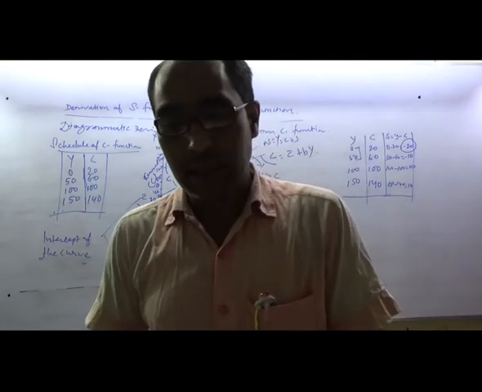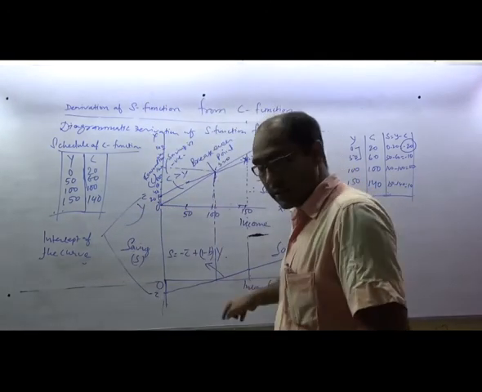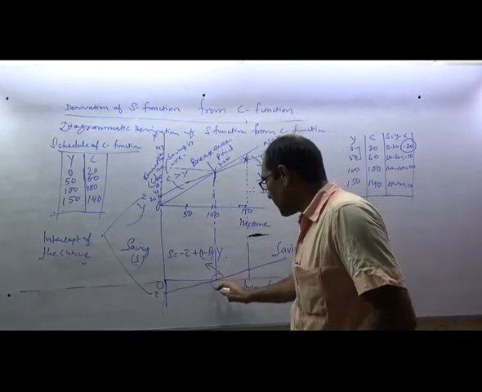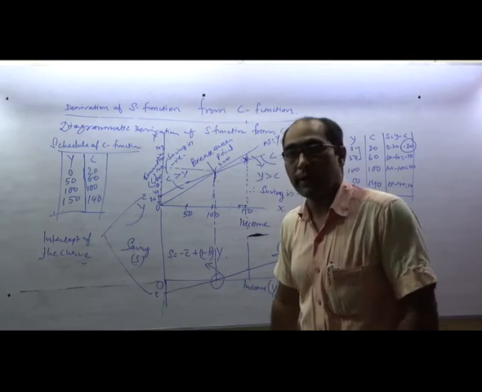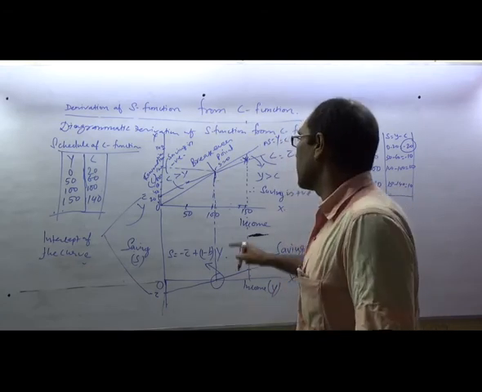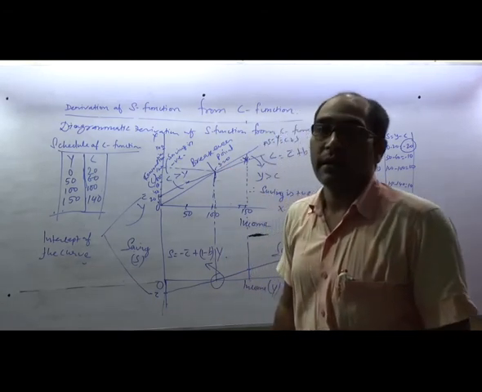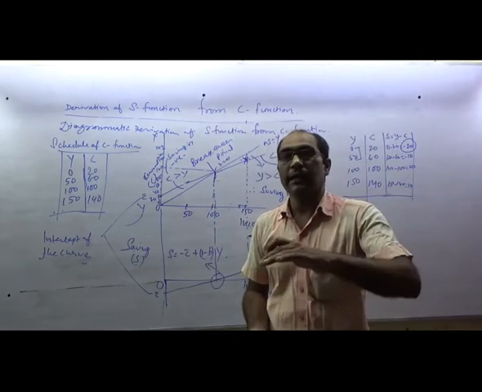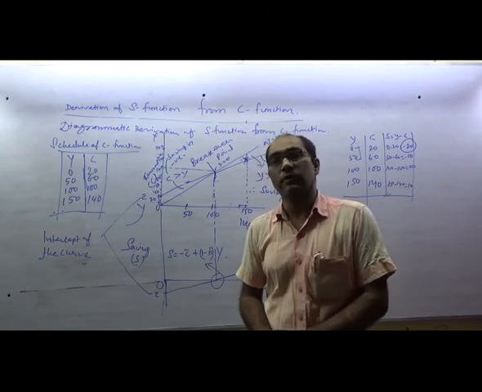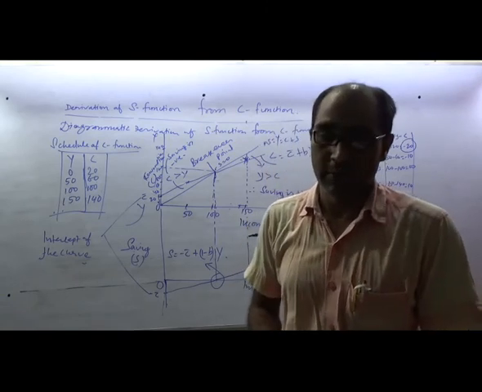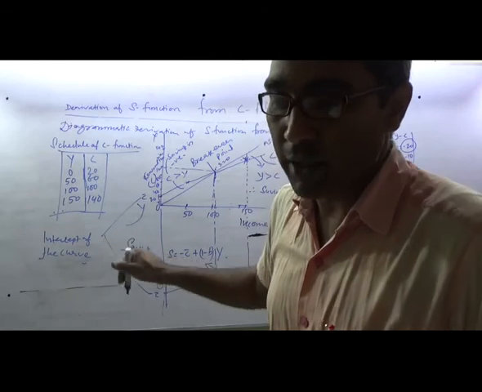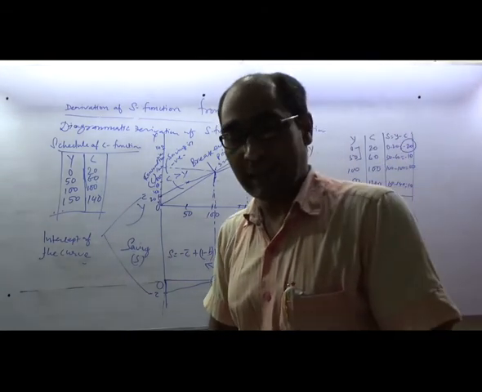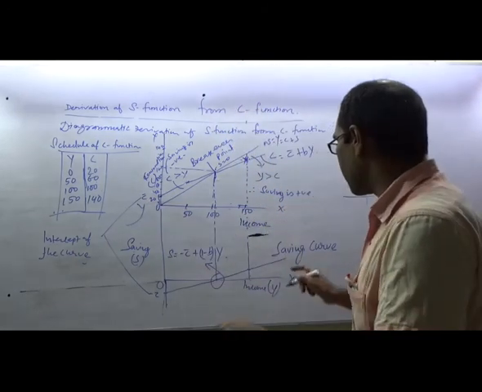Second, the S line crosses the x-axis. See the point of intersection between the S curve and the x-axis, the point at which there is 0 saving. Means here income equals consumption exactly, means the entire income has been consumed by the economy. There is no option to save. So that is the second point you have to observe, and the third point is the slope of the S line.